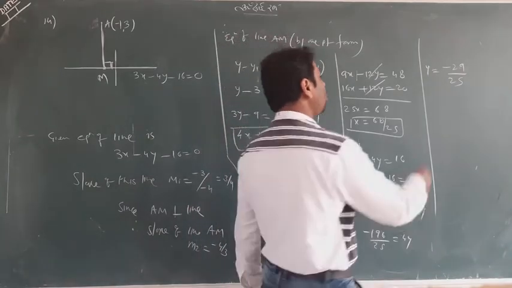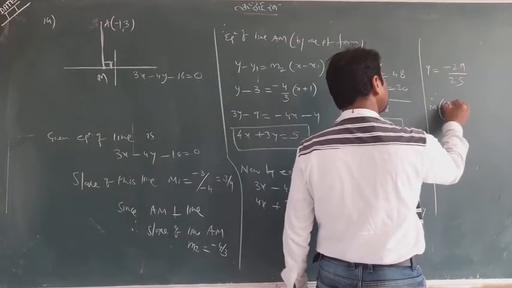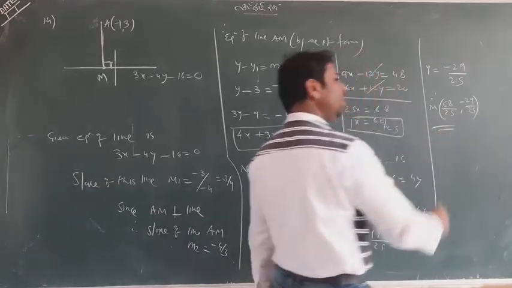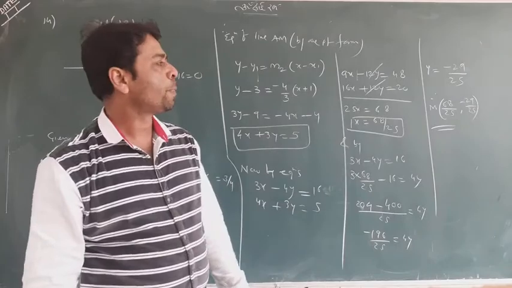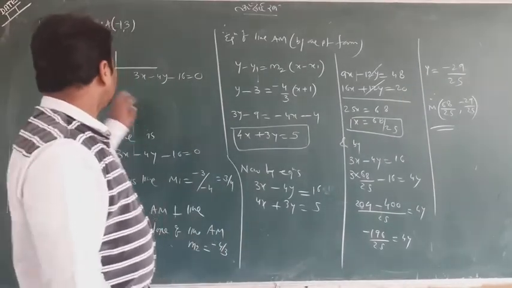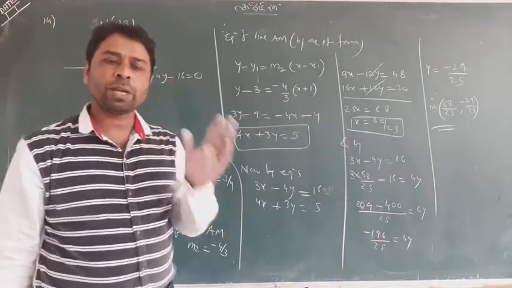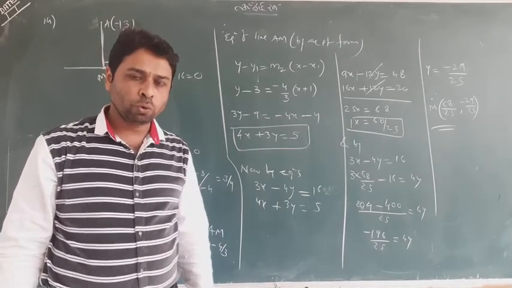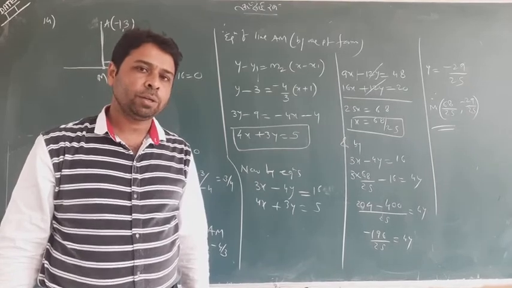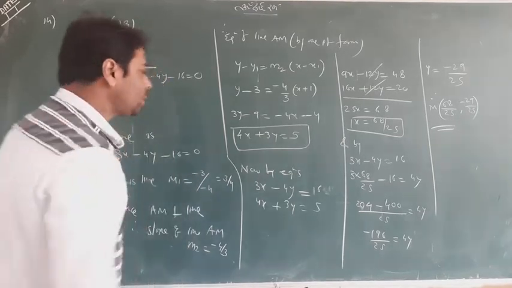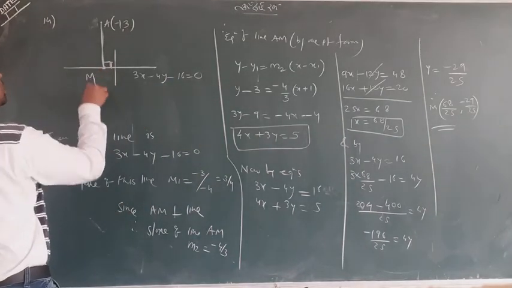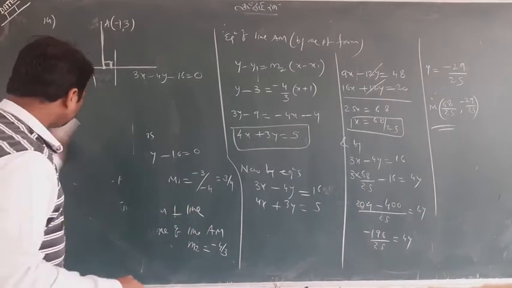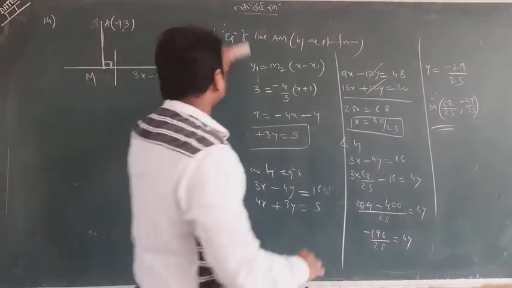Okay. So we have got the M, which is 68 upon 25, if the calculation is correct. If the calculation has a mistake, please check by yourself. So you have got an M. This was a very interesting question. We can find the foot of the perpendicular. One thing I want to tell you right from here: if you are asked, let me know, I have found the M. Now I want to write the current question.